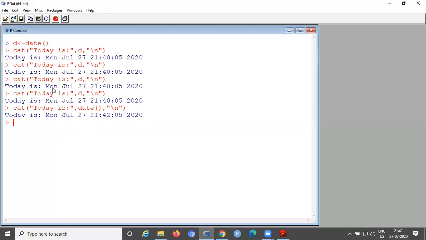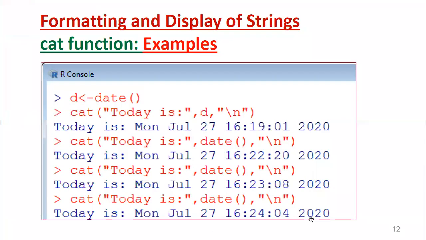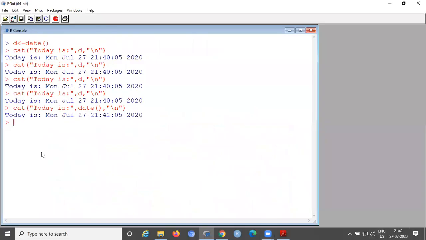So instead of directly calling the date function, or by storing it in one variable, you can call the variable. Anything we can use, the output is the same. There is no change in the output. The same thing here, different times are shown for 4:19, 22, 23, 24. So automatically it changes the time as per system.